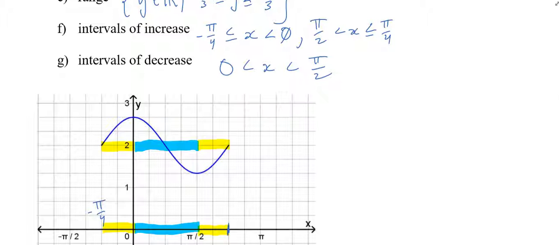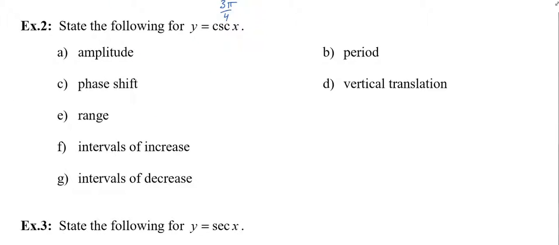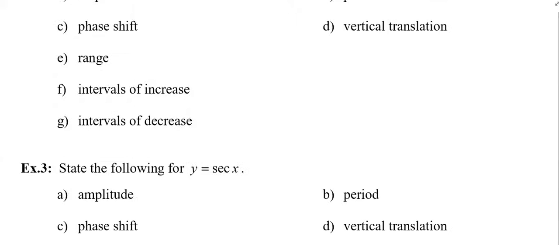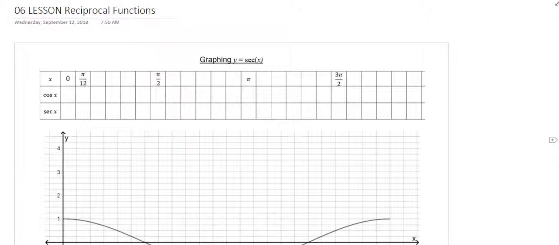Okay, we are going to do the following for Cosecant X. But before we do that, we are going to have to graph Cosecant X, because I don't think you've ever seen it before. Have you ever seen the graph of Cosecant X? Didn't think so. So go to your, oh, am I in the wrong order? Go to your